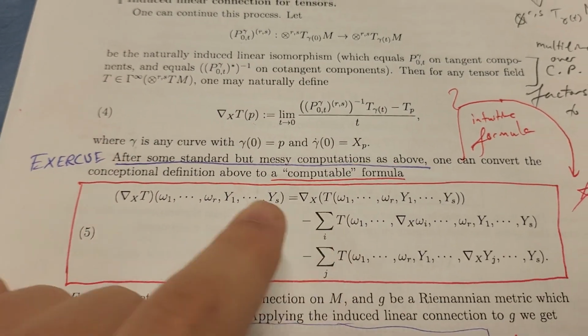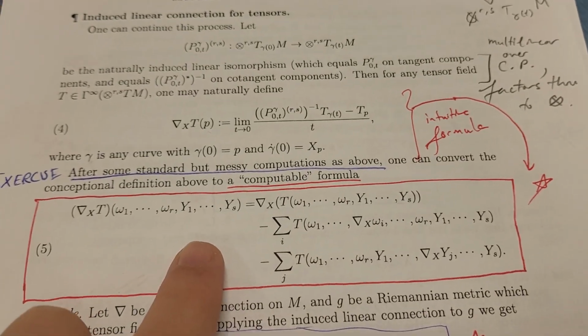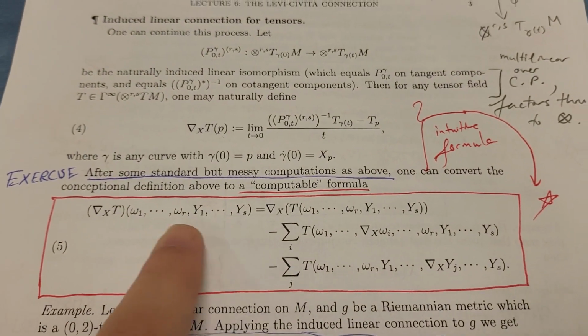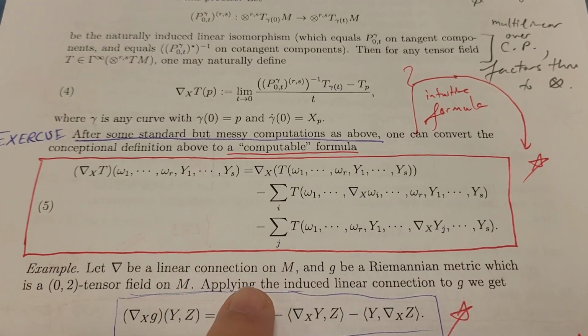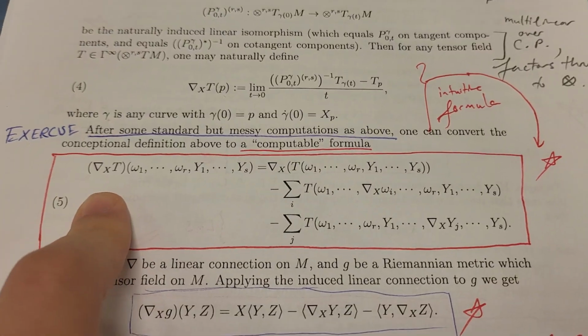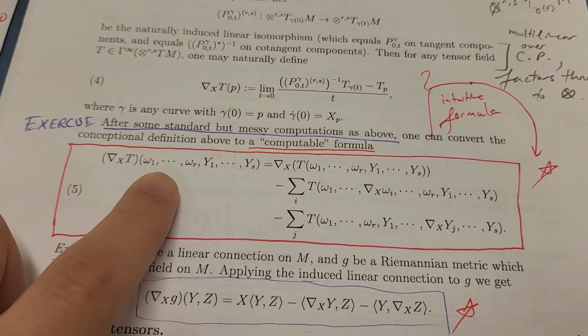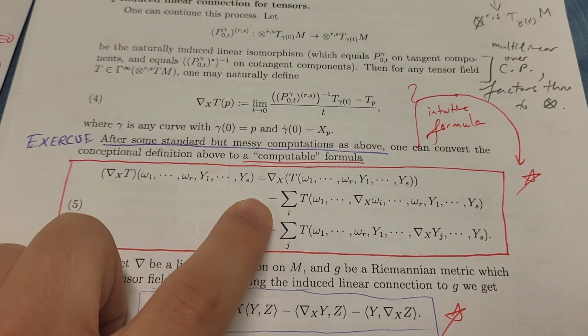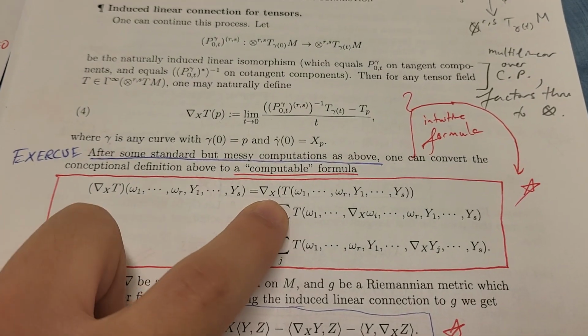And this is kind of an exercise which I should do and have not done. And then we get this computable formula, okay? So this is the formula to kind of memorize, okay? So we have that this nabla x t evaluated on R covectors and S vector fields is going to be, first,